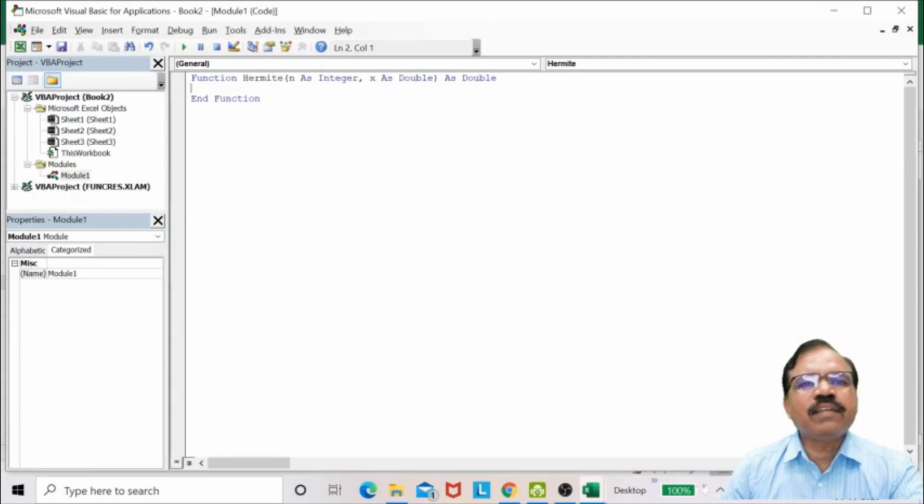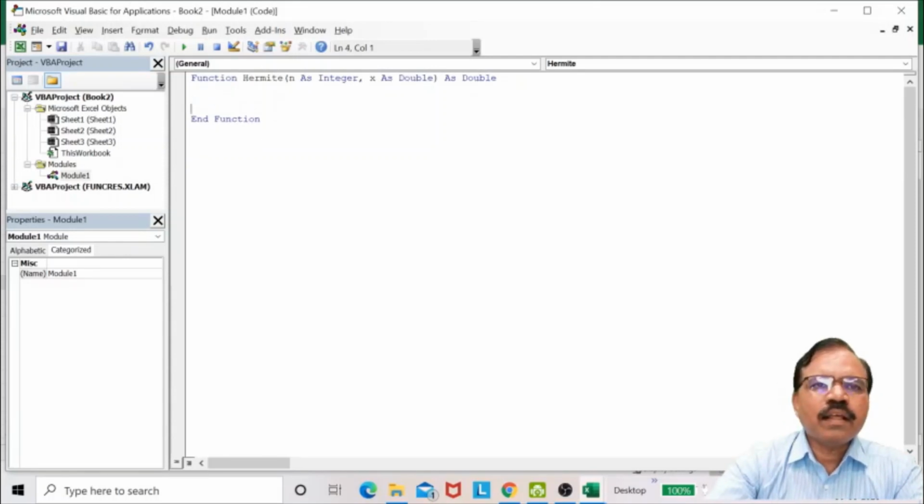So n function will appear as it is. Now in this part I will write the program.